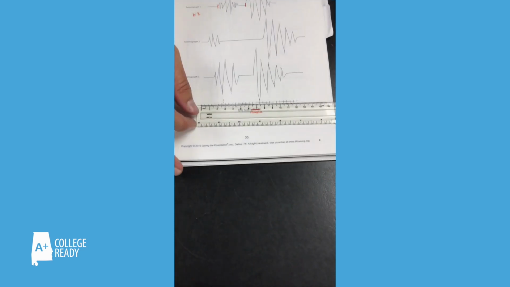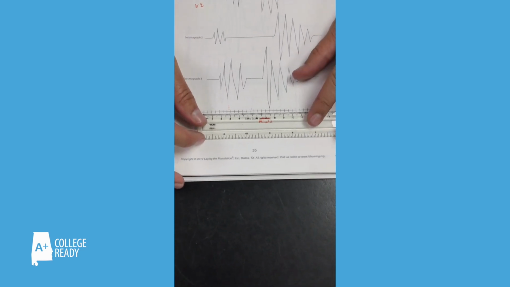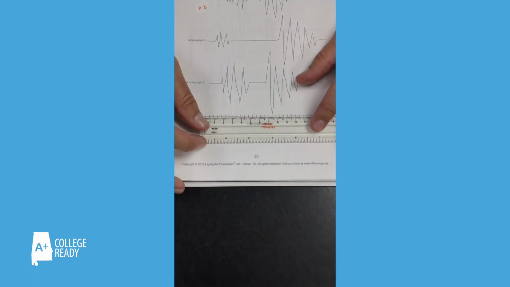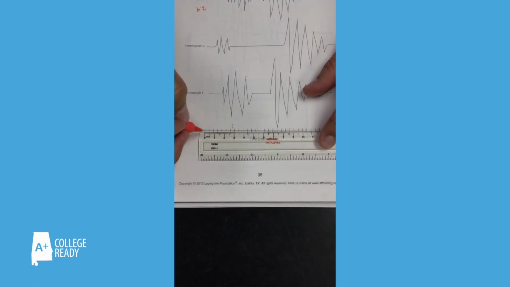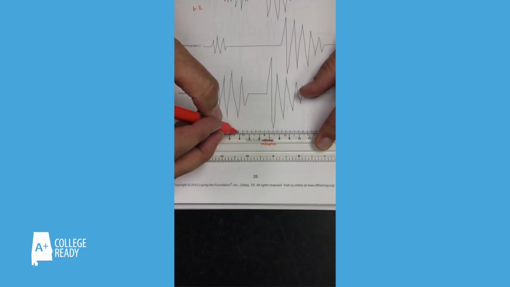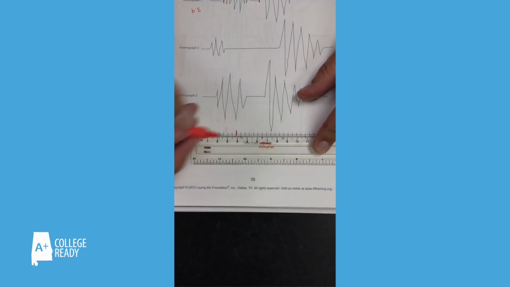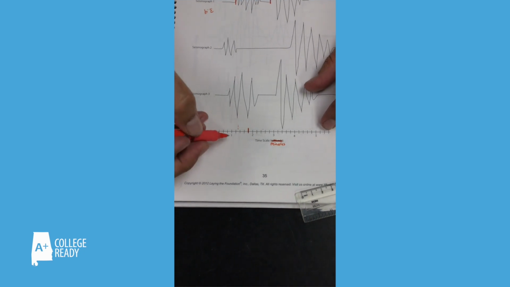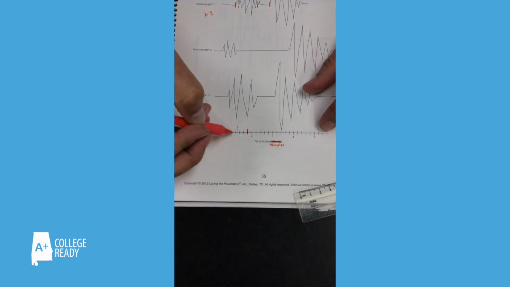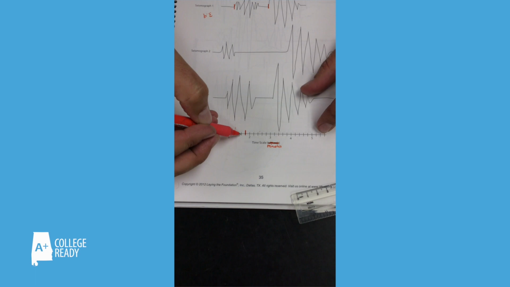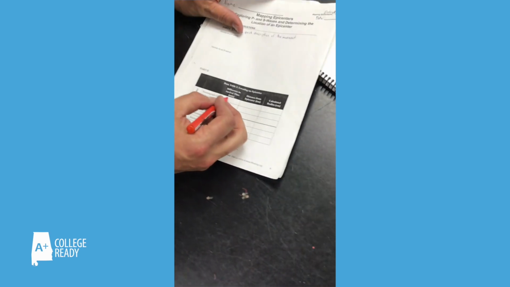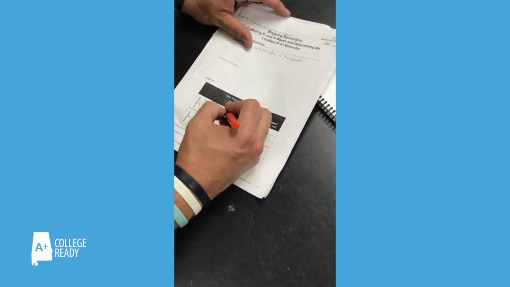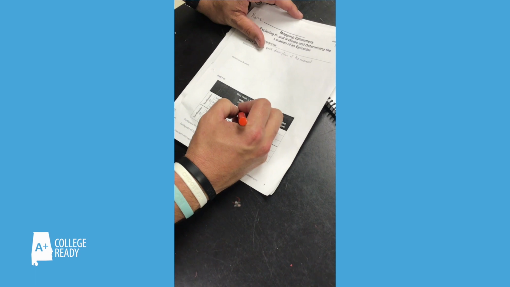And then we come down here and we're going to measure this here. And I know that I'm looking for 3.9. If I line it with the 0, I come all the way out here and it lines up right here on this mark. And notice, here it is. So there's 1, 1.2, 1.4, 1.6, 1.8. So if I come over here to my data for a seismograph, the minutes is going to be 1.8 minutes